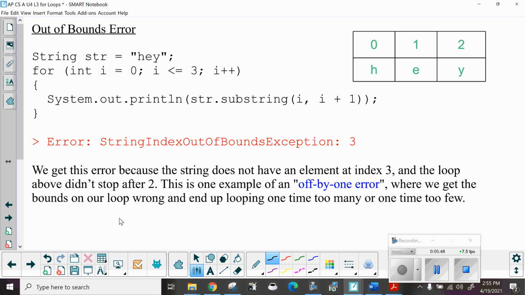Now, out of bounds error. We've got a string, "hey." Over here, it's at 0, 1, and 2. It's got a length of 3, but the indices into the string are 0, 1, and 2. So for int i = 0; i <= 3; i++, you're going to output string.substring(i, i+1). Well, the problem is when i is 3, there's no index 3 in "hey," so you're going to get an